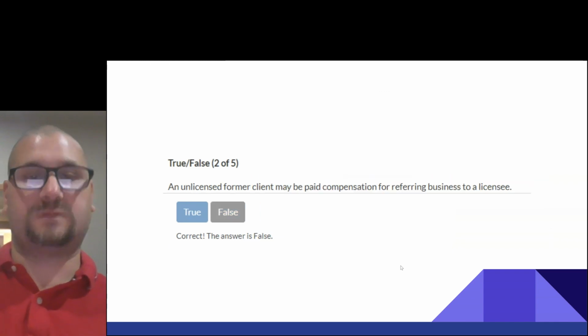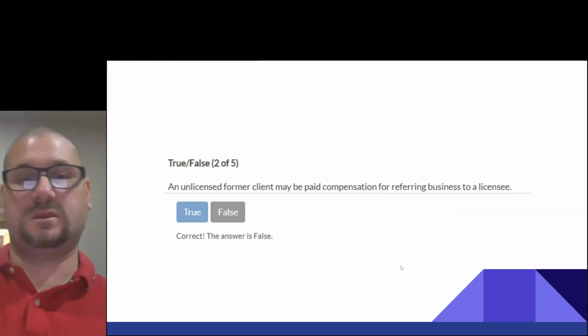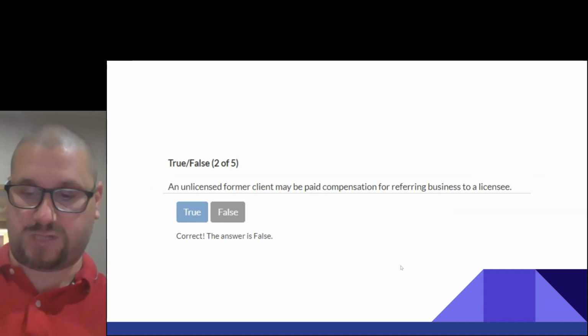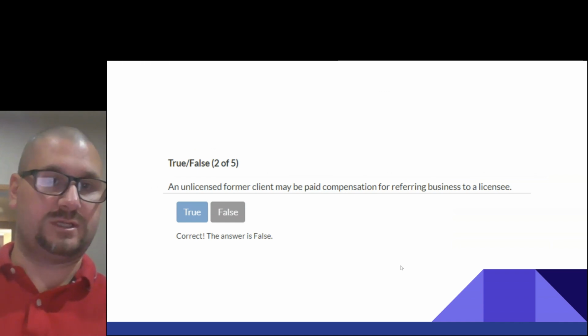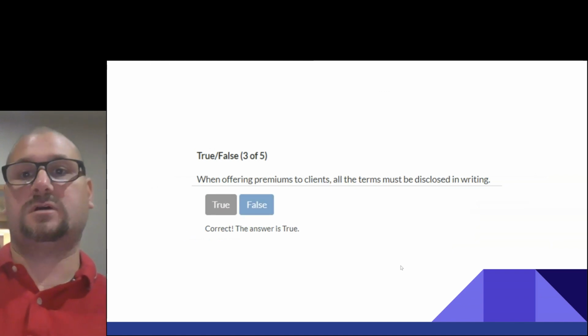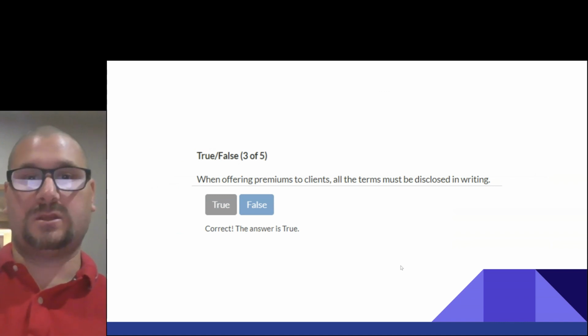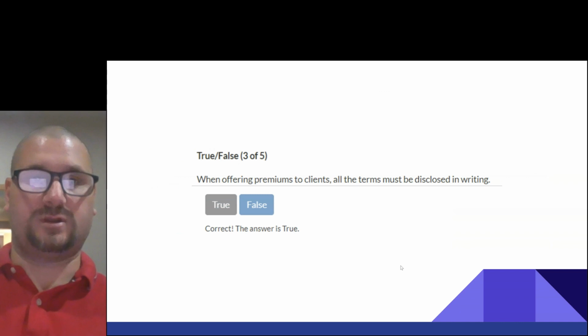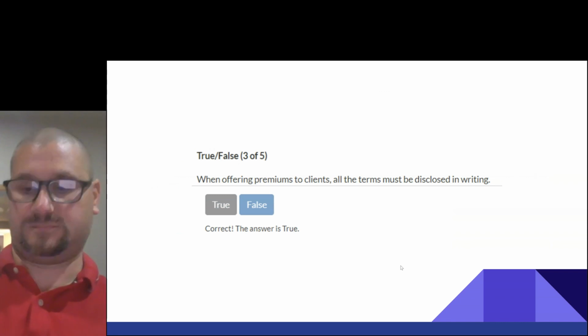An unlicensed former client may be paid compensation for referring business to a licensee. False, right? The key word here is unlicensed. When offering premiums to clients, all the terms must be disclosed in writing. True. So when you're offering premiums to clients, all the terms must be disclosed in writing.